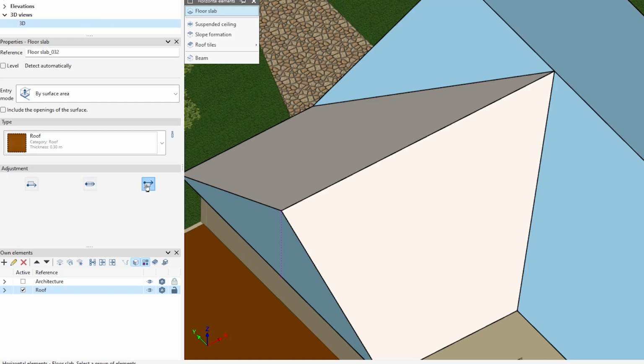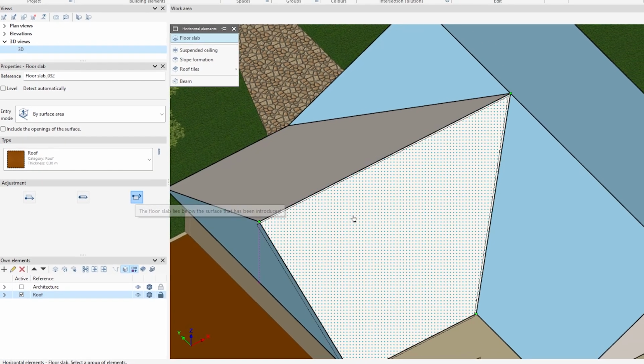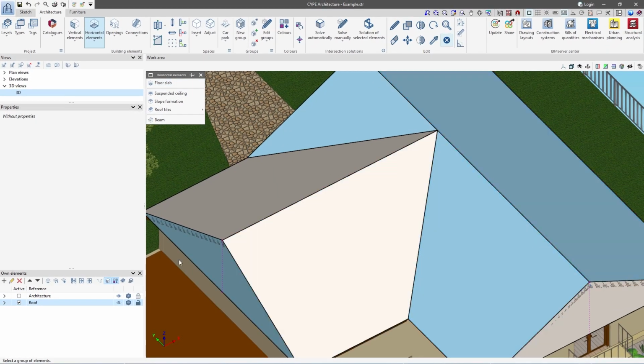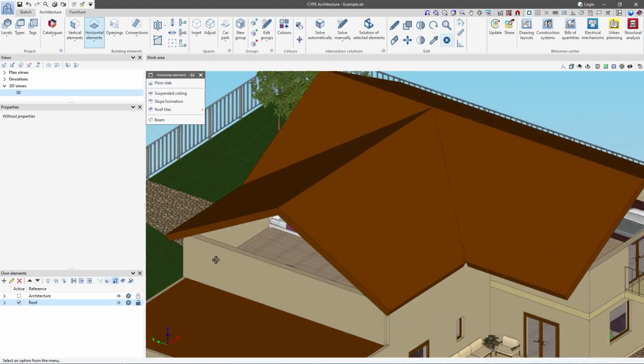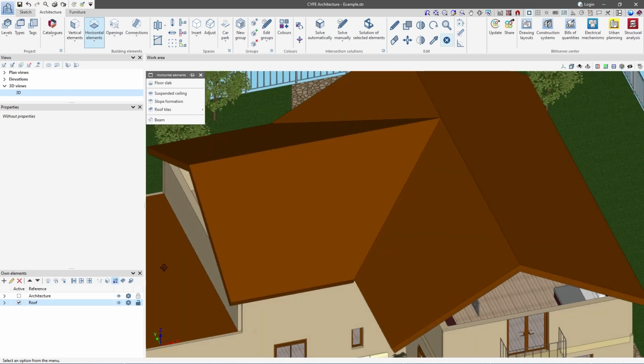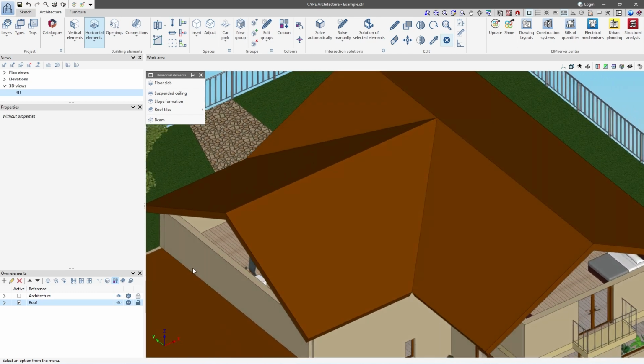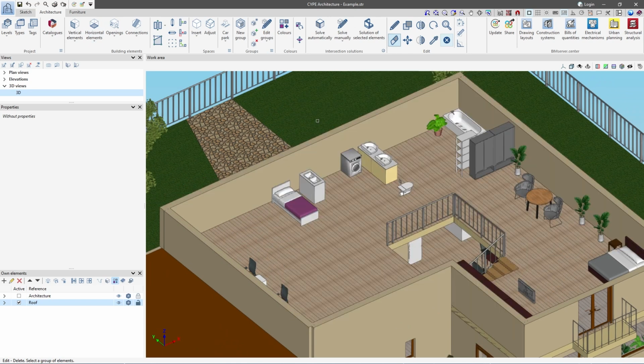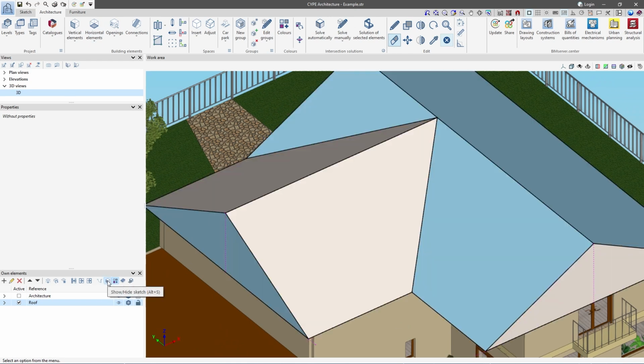First, we enter them downwards, selecting the corresponding areas. If we deactivate the visibility of the sketch, we will be able to verify that the intersections between the roofs have already been solved. We delete the roof we have just created and reactivate the sketch view to see how to proceed in case of entering the roof upwards.